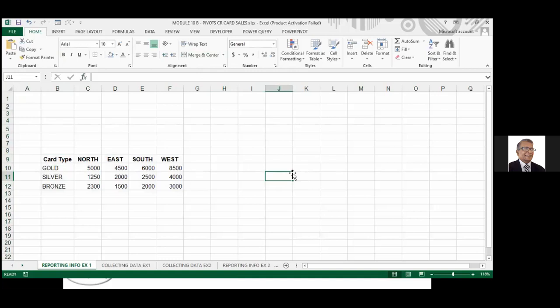Remember those small tricks. But still you can't do a perfect pivot table for this. The reason is the headings. What is the heading for this? What are these numbers? Can somebody tell me what these numbers are? Have I shown what those numbers are? No. We don't know what it is. It could be the average of something, cards sold, or we don't know. So remember, a perfect heading should be there for each column.